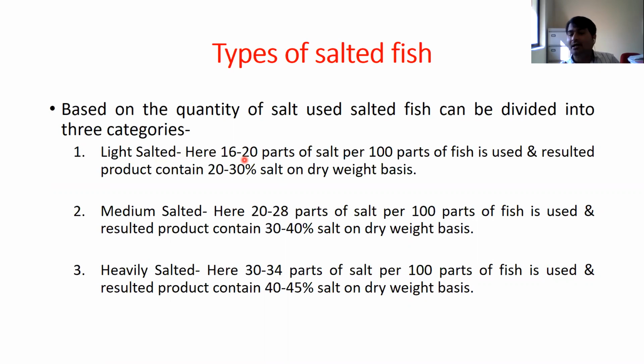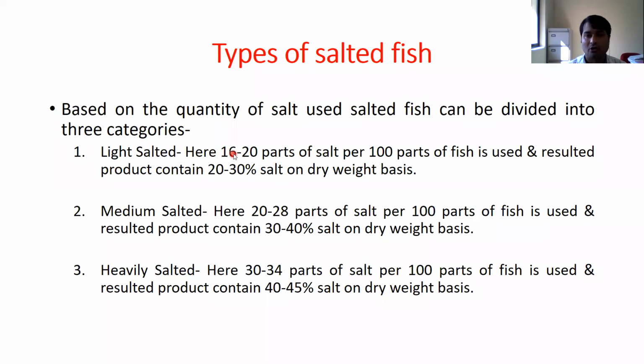16 to 20 parts of salt per 100 parts of fish. Means what? कोई बोल नहीं रहा है यार, बोलो. 16 to 20 parts of salt per 100 parts of fish means what? 100 ग्राम का फिश रहेगा तो सर 16 से 20 ग्राम यूज करेंगे सॉल्ट. अच्छा ठीक है, एग्री. इसका मतलब ये 100 ग्राम फिश रहेगा तो 16 to 20 ग्राम सॉल्ट यूज करेंगे. इसका मतलब ये हुआ, फॉर एग्जांपल 100 केजी फिश के लिए हमको 16 से 20 केजी हम सॉल्ट डालेंगे.